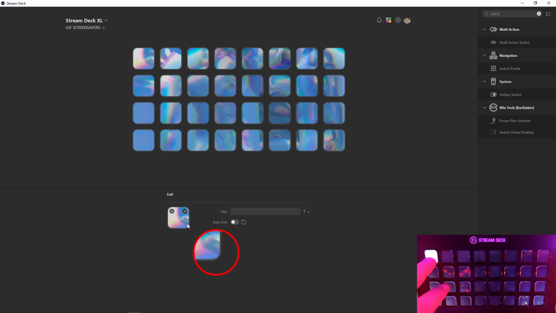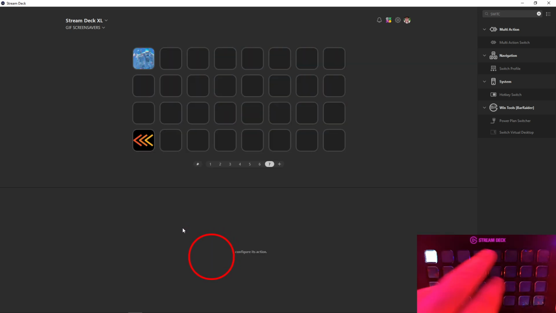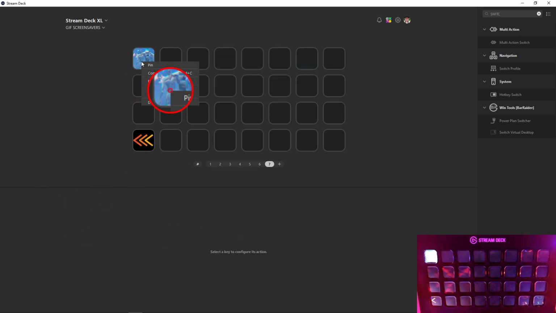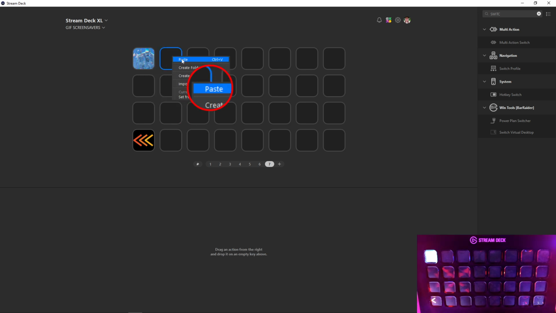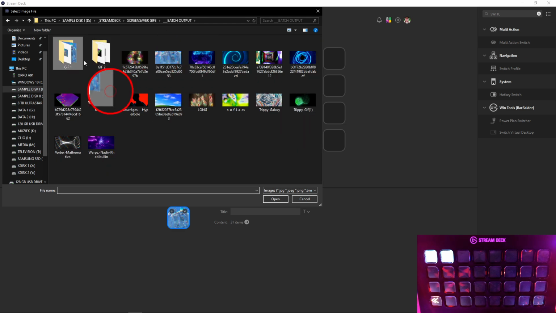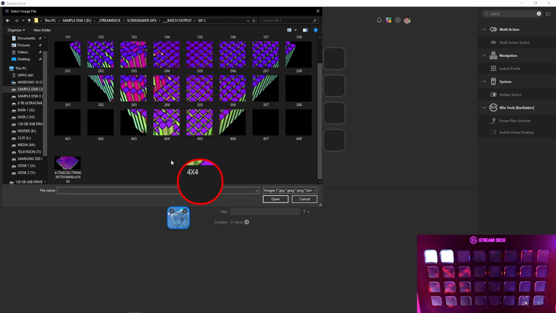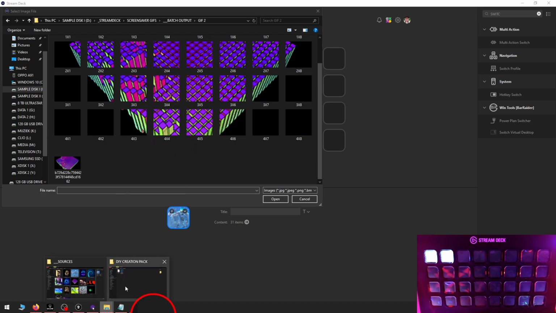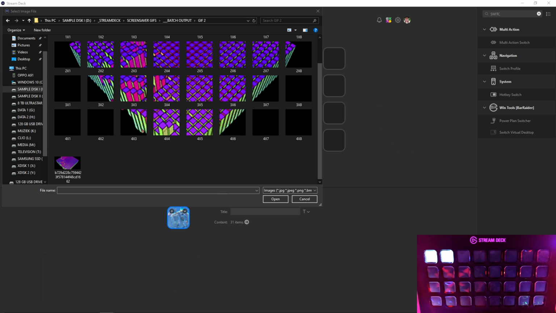So now we've got that all set up. We can basically just copy this folder. It's a folder, paste it to the second one, and let's just for funsies do the second GIF as well. We didn't create a square for that as well. That's a bummer. Should have